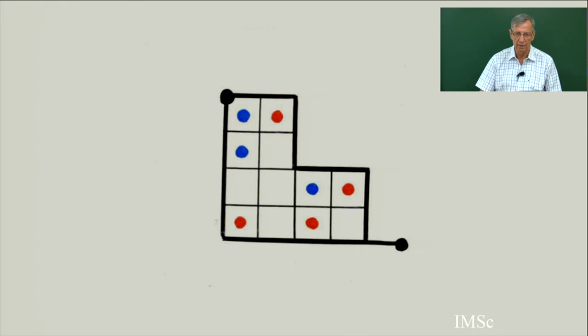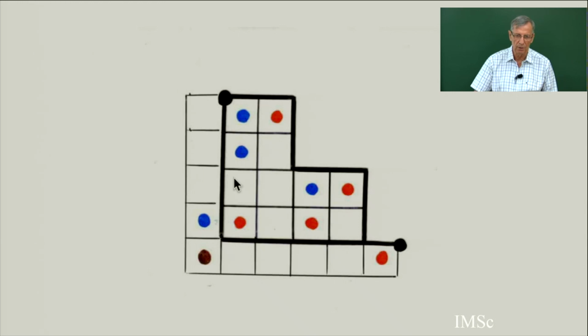So here is a Catalan alternative tableau. You can check that this is a Catalan alternative tableau. And the first part of the algorithm, like in the slide showing the characterization of a binary tree: sometimes we extend the blue point in the first row, sometimes we extend the red point. Here I extend both row and column. I put a blue point in each row where there is no blue point, and I put a red point in each column where there is no red point. And then to make the picture more beautiful, I put a brown point, which is going to be the root of my binary tree.